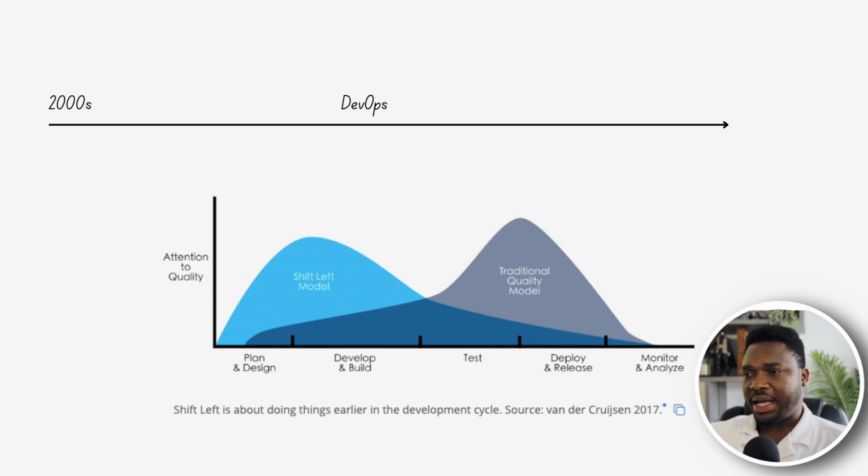When you look at the visual I have below, it is from Van der Kruisen, and you see that it explains how the shift happens in terms of when attention to quality happens. In the traditional model, most quality efforts are crammed into the end, right before the release. In the shift left model, quality is prioritized earlier during planning and development. That is when it's easier and cheaper to fix things. I'll be speaking more about the cheaper part later on, but just to know that if you are able to test early, it makes it faster for you in the long run, and it also makes it much cheaper in the long run as well.